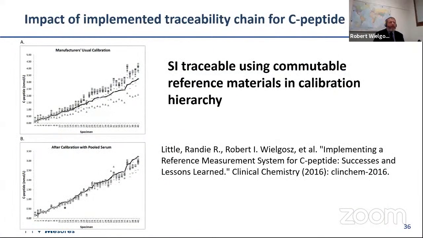And finally, most importantly, when these reference measurement systems are applied to different IVD manufacturer kits on different samples, we can see that by applying the reference measurement and the calibration, the results become much closer to each other, and a single reference interval can be used to judge the actual measurement result.